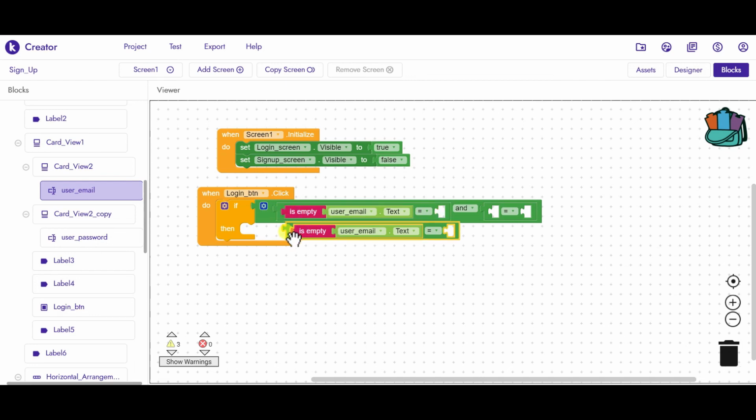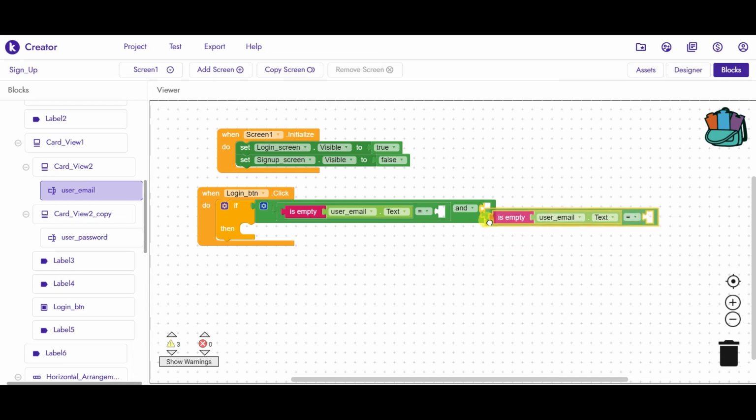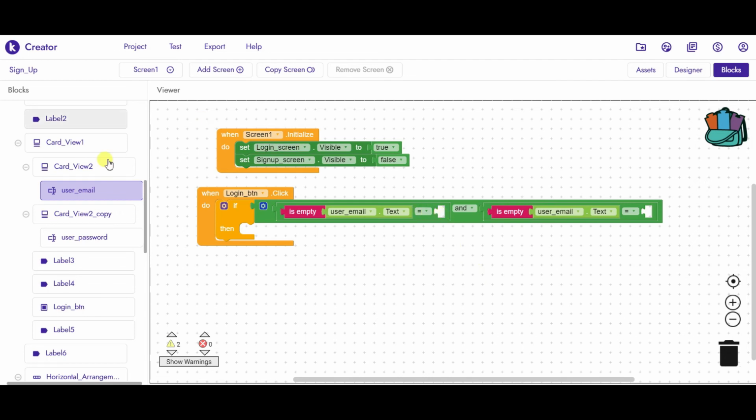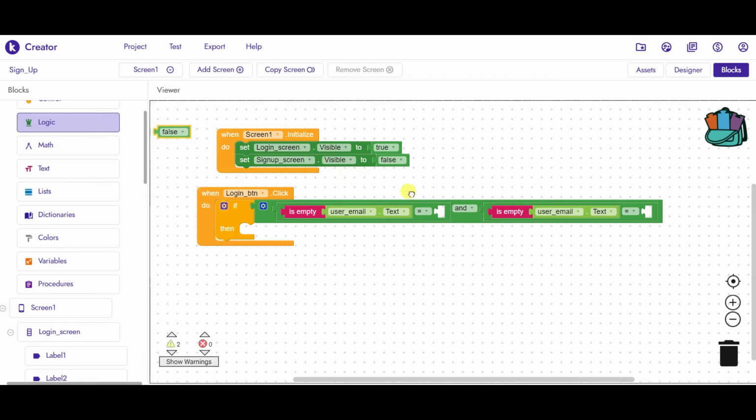Remove this equal to block, delete this and instead of that just place this here, equals to, so this should be false. Go to logic and just choose false, just copy and paste it and drag it here as well.